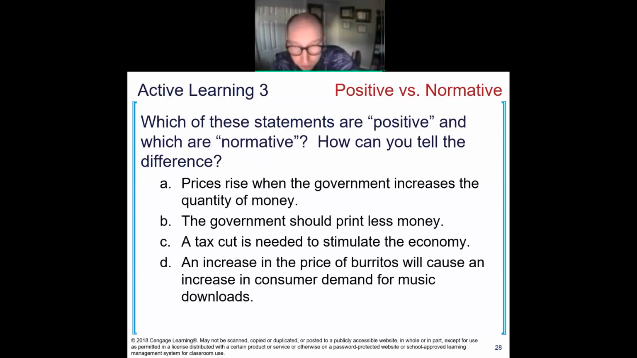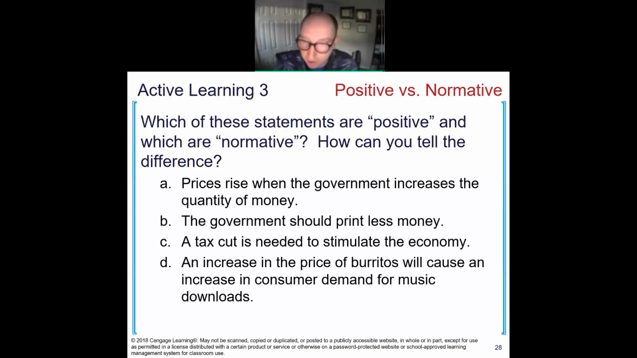Letter B, government should print less money. Yes, they should print less money, but will they? I don't know. C, tax cuts will stimulate the economy. Yeah, that's mostly true. Tax cuts stimulate the economy. How? You have more money in your pocket to spend when you're paying less to Uncle Sam. Letter D,